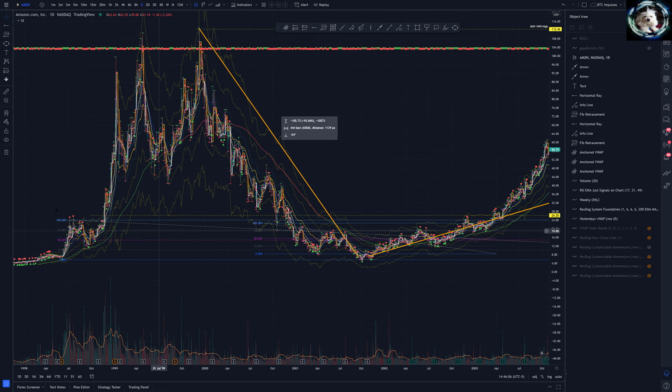But you can see here from that high, we can immediately start drawing what are considered value channels. We have the value channel from the first inflection area. Remember, we talked about the inflection area in the last video. So there's a first inflection area here on Amazon, and then here is the second inflection area.